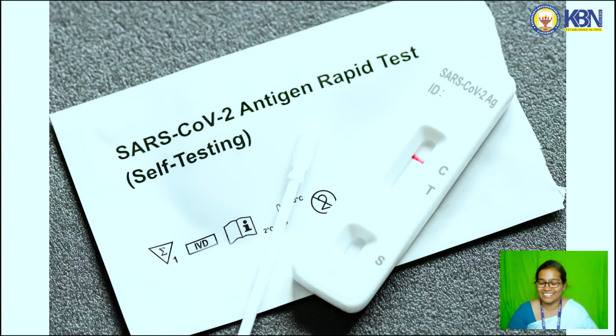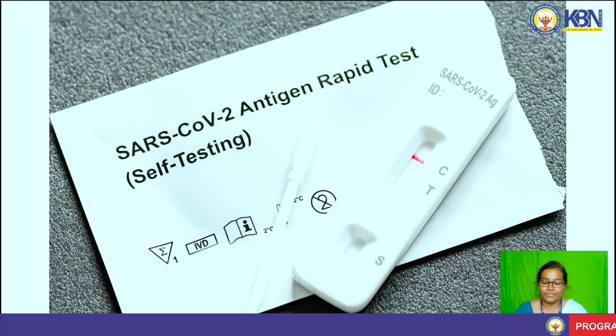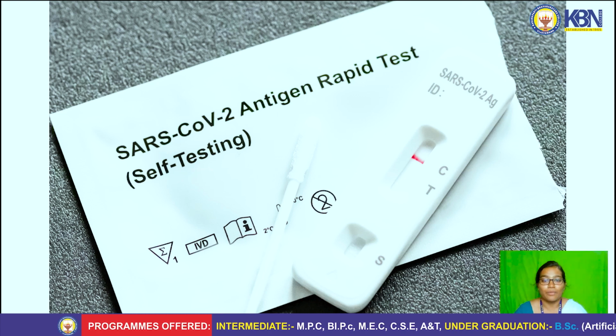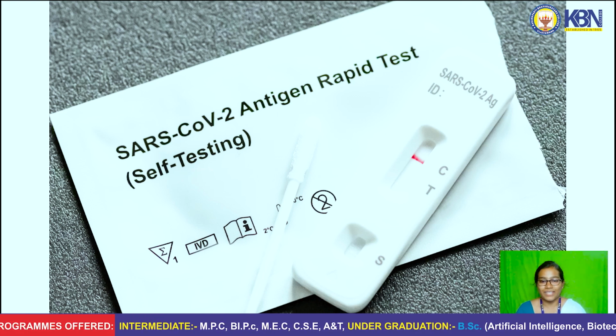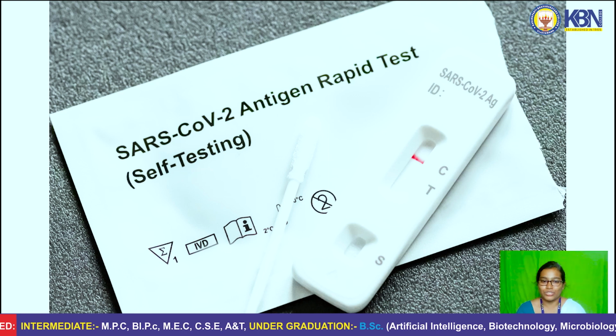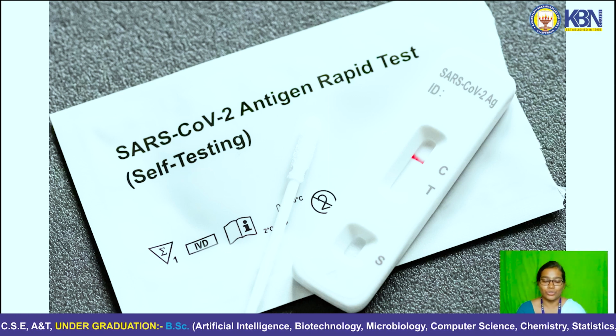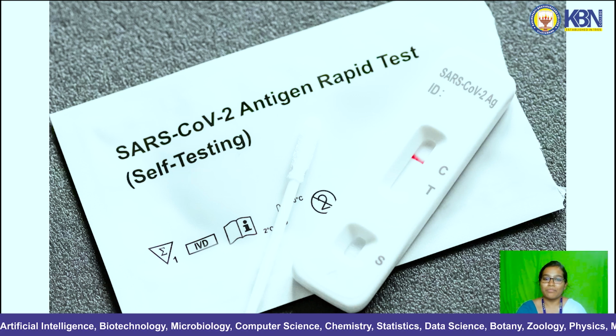Not only pregnant ladies use these, but we use the rapid testing kit for several tests like COVID-19, malaria, and not only these two, we also use these rapid test kits for hepatitis diagnosis. This is a simple kit in which we put a sample, be it blood, urine, or saliva, and the sample is put